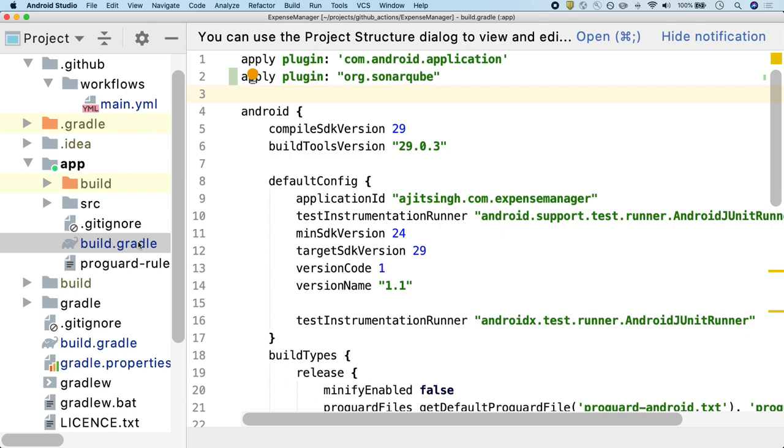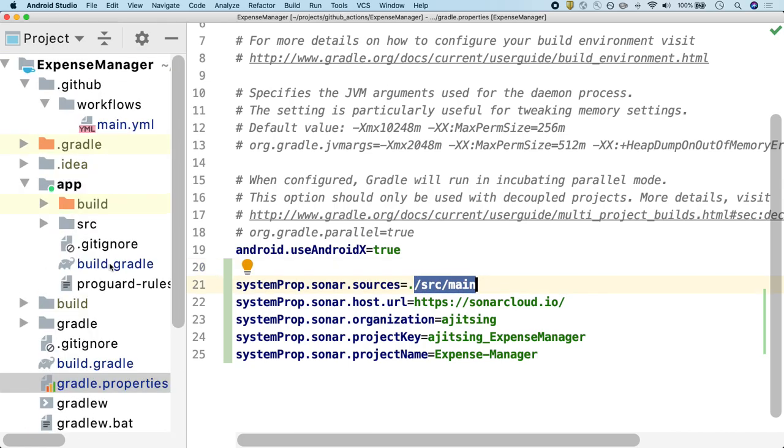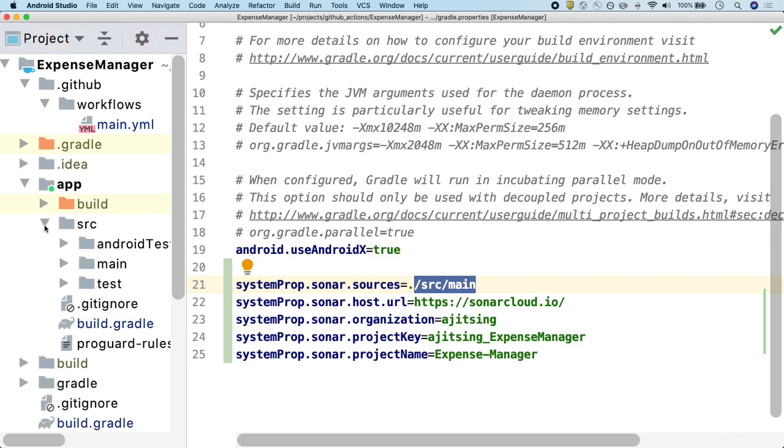Once that is done, you also need to configure a few properties for Sonar, and these are the properties that I have configured. This is the folder where we have our code base, and that's where we have everything. And then we need to provide the URL for Sonar Cloud. So for us, because we are using Sonar Cloud, we just have to provide this. But in your case, you might have installed a Sonar standalone for your private use, so you will have to provide that URL.